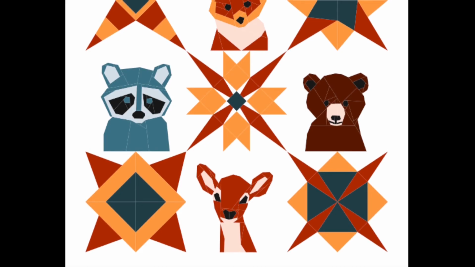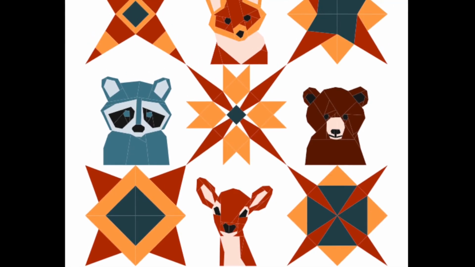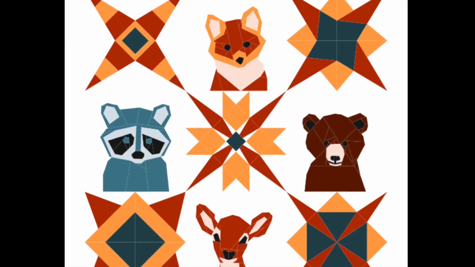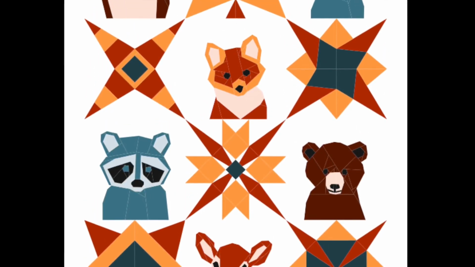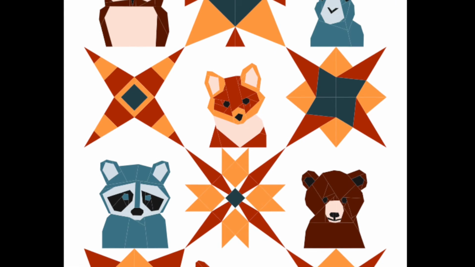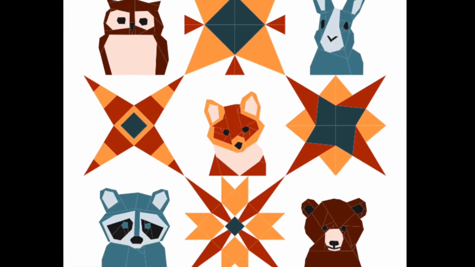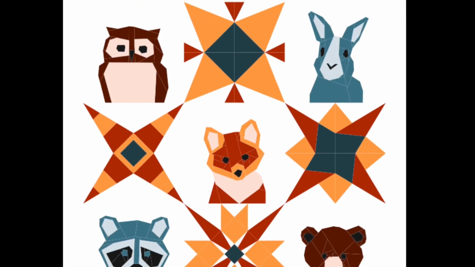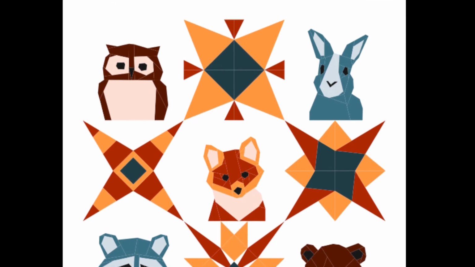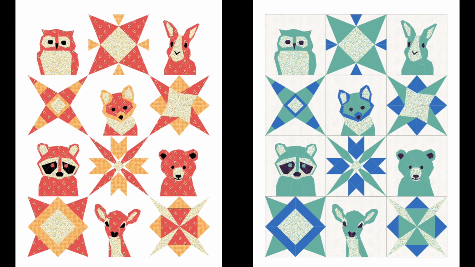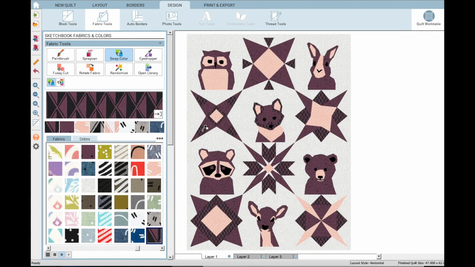If you're combining colors that are both warm and cool, such as with this quilt, you're going to want to pick colors that have similar tones. So it would be all neons or all pastels. In this case, they're all kind of muted, dark, earthy tones. When you're doing a monochromatic quilt, or a quilt that's coming from the same color spectrum, you want to make sure you mix in a variety of tones to give it a lot more depth.